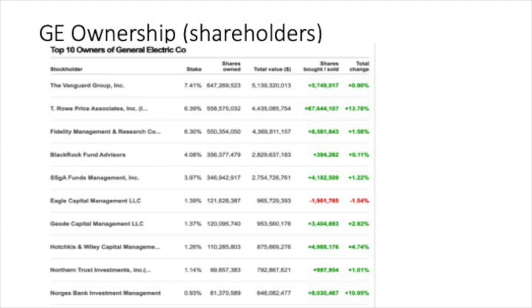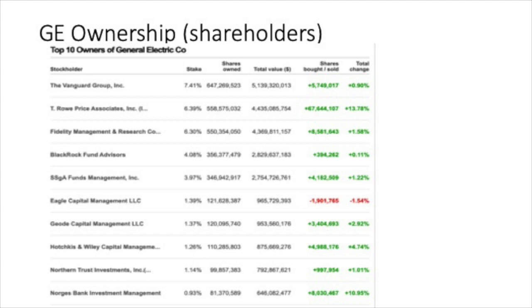So here's an example of GE. GE has had a long history, and if you look at GE's main shareholders, owners, you can see a lot of institutional owners. You cannot find any family members of the founder of GE. They're all diluted, and you can find really big financial institutions as major owners of General Electric. So in the case of General Electric, we can say ownership and management are separate.